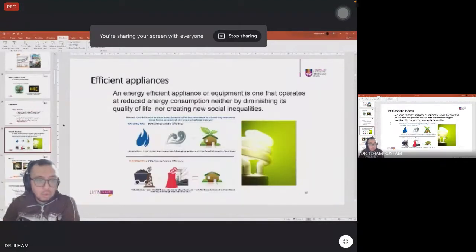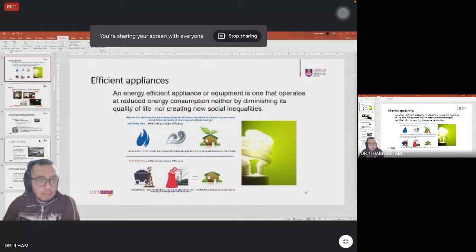So, okay, then kita back pada slide yang awal tadi, which is energy efficient appliances. Okay, to achieve energy efficiency, industrial movement dah start employ efficient appliances lah. So efficient appliances ni compared to conventional appliances, ni I think this is not a good example, but yang lampu-lampu macam ni lah, ni maksudnya appliances yang efficient, lampu